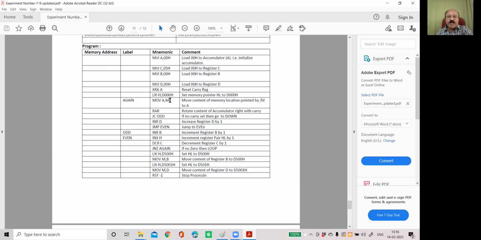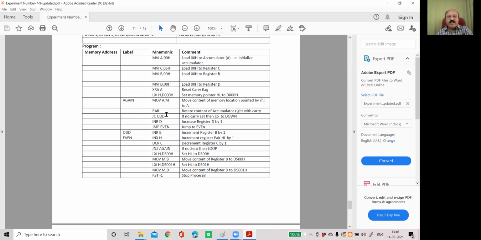Move the content of that memory location to A, the accumulator, because we have to rotate through carry. This will be done by the accumulator only. So we will take this memory location's data to the accumulator and rotate it by 1 bit. With this RAR, D0 will become the carry and carry will become D7, that is rotate.